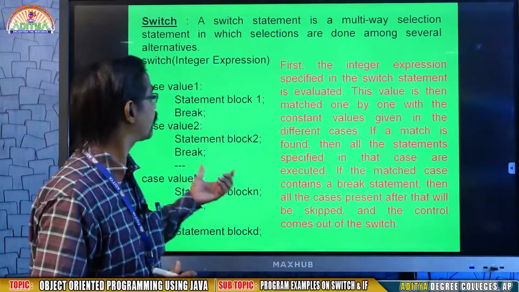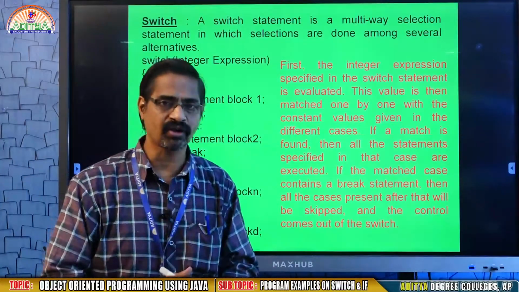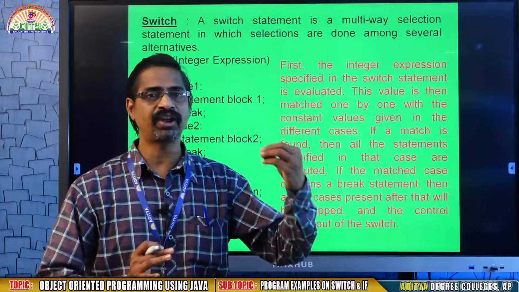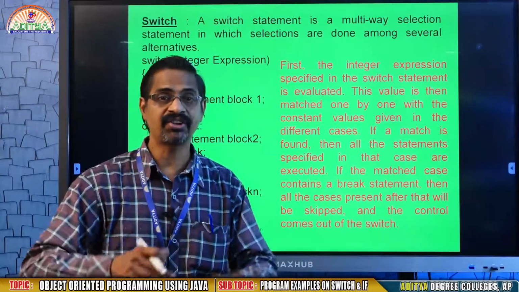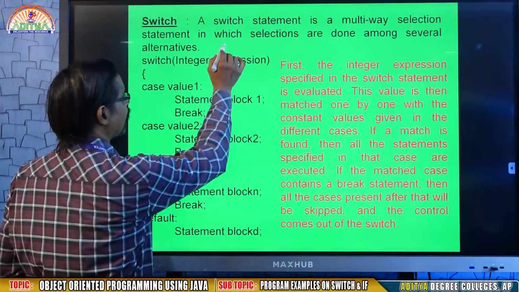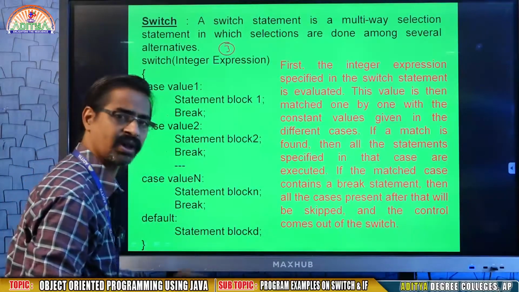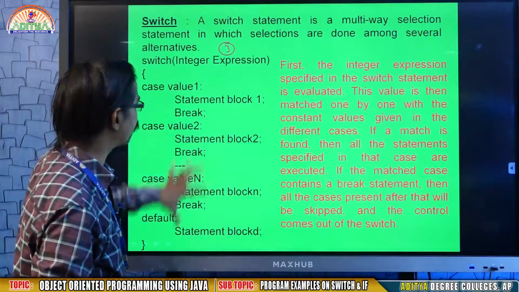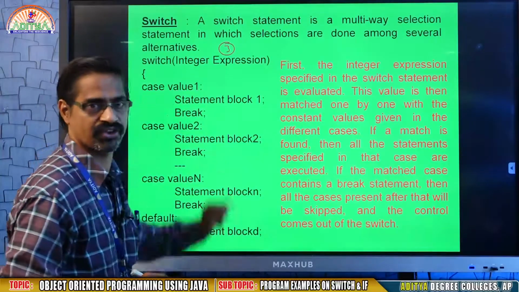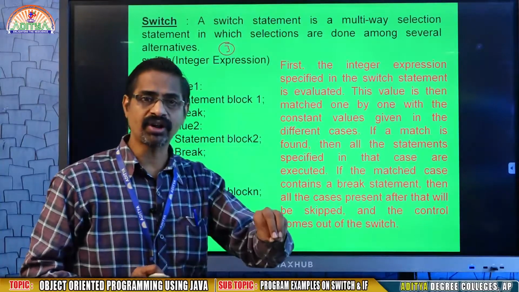Dear students, this is the topic of switch and if. Both these statements are called decision making statements. If you have a question, explain decision making statement, no need to write everything. Decision means here it is giving a decision. Decision means here the n value is 3. Decision means whether this one or this one or that one, which one you want to execute. That is possible with the help of switch and if. So in that context it will be useful.